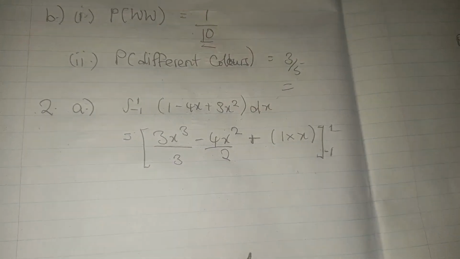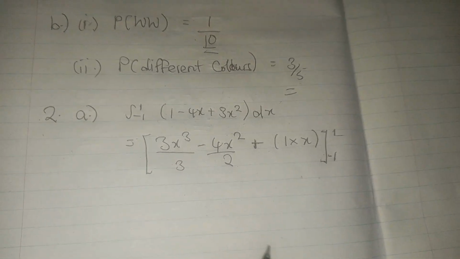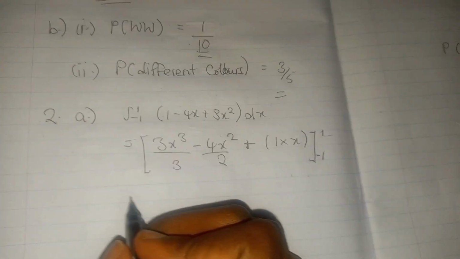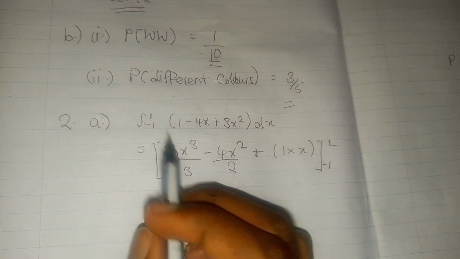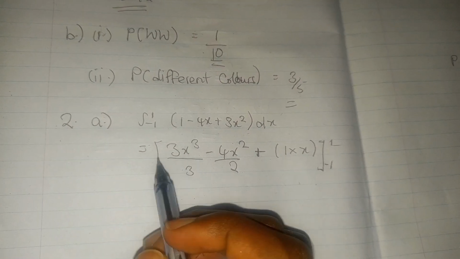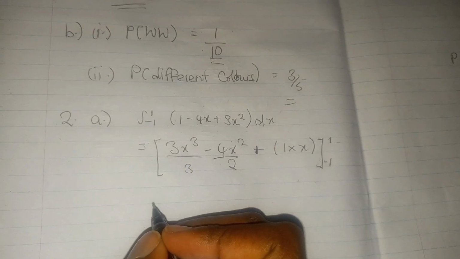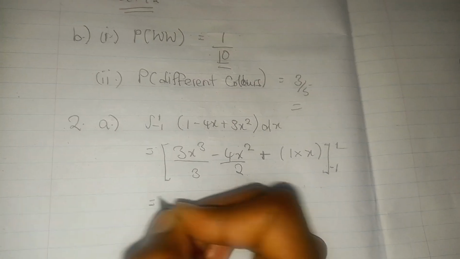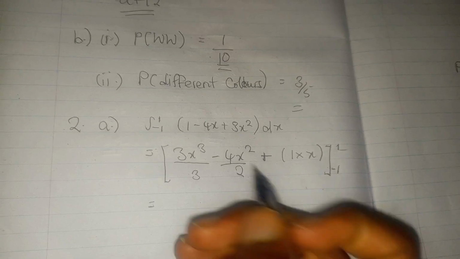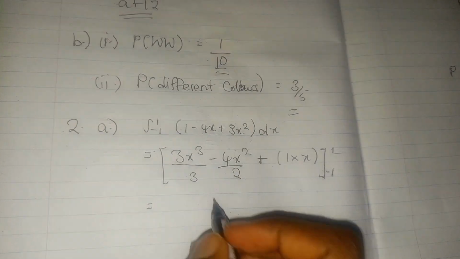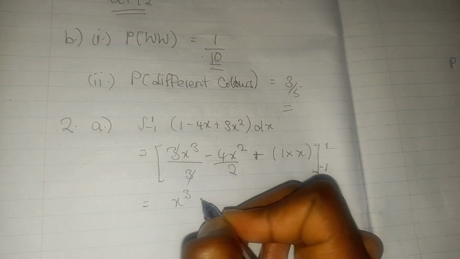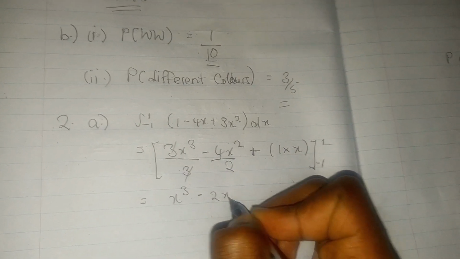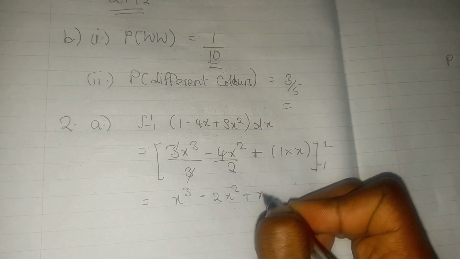So I know you're wondering why I've not included the c or the constant. It is because in this case, when you have been given the upper and lower limits, it's not really necessary for you to include the constant unless you've not been given anything there. So this will cancel with that. We have x cubed minus 2x squared plus x,